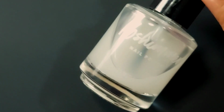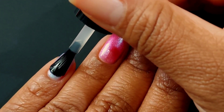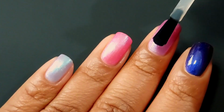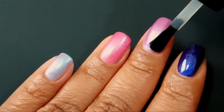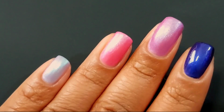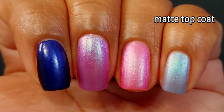And then I'm adding on Oh Matte so that we can see what these polishes look like when you decide to do a matte top coat. Keeping in mind, you can also go ahead and use your glossy top coat to create designs on these, because the matte top coat shows up really well. I don't know if anyone else does that still, but it's one of the easier ways to do some nail art and subtle, in case you are in a situation where it might not be advantageous to have the most extra nail art. So here it is with the matte top coat,